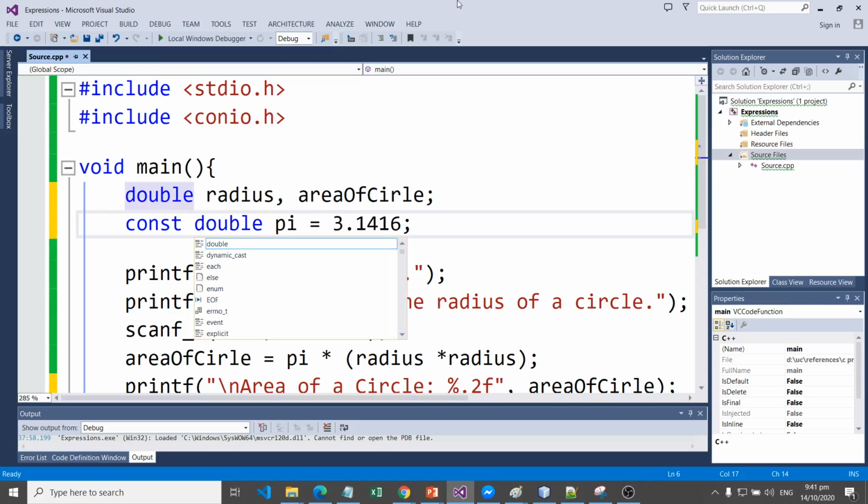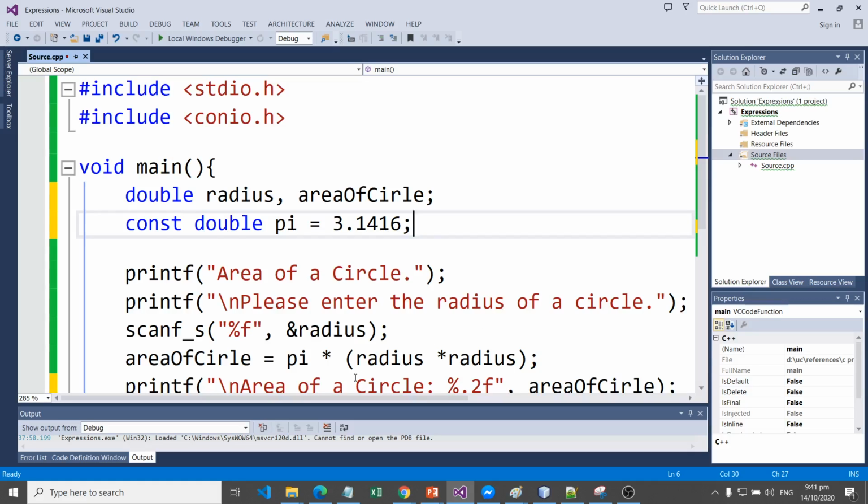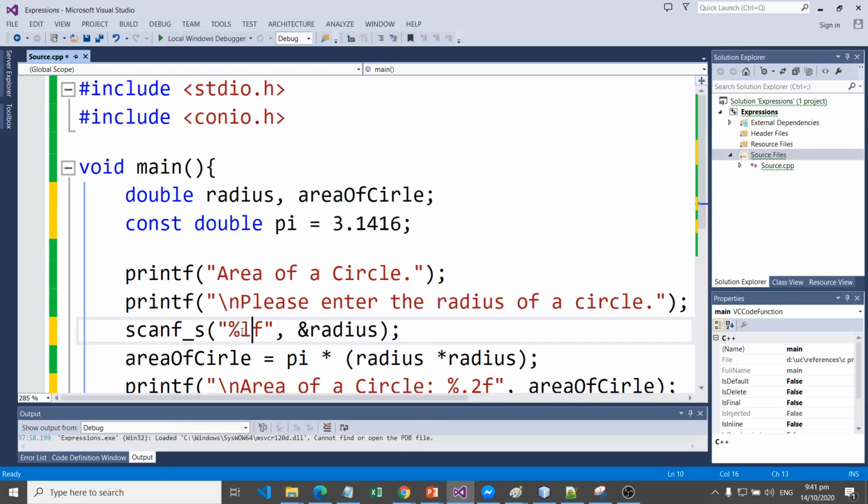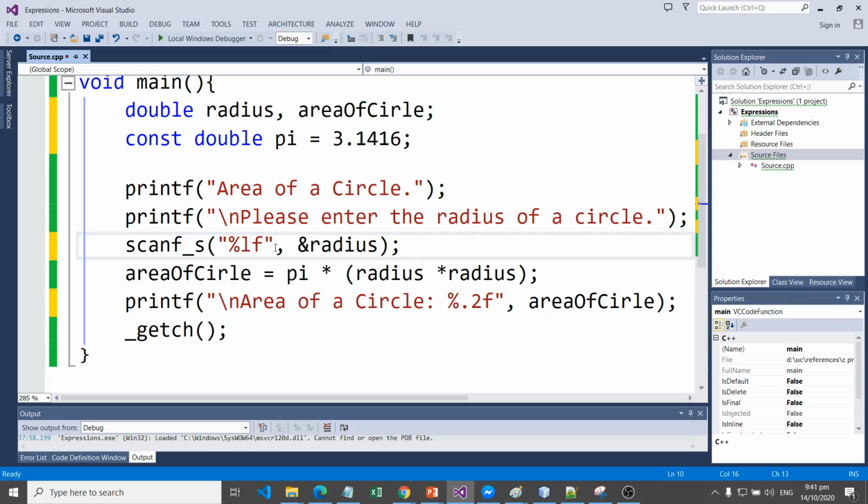For the double data type, the format specifier is %lf. It's small letter L and F. For long double, the format specifier is capital %Lf. So %lf for our scanf,